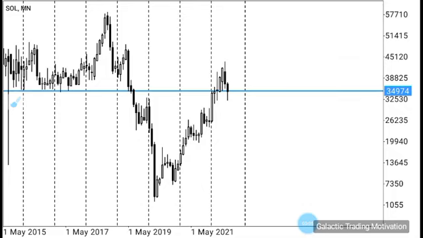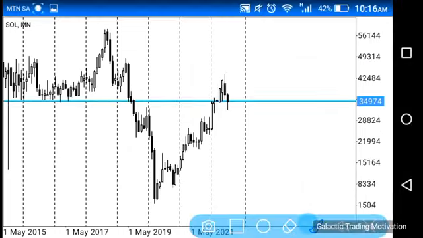Yeah, so today we're going to be having a look at the Sasol chart. So let us get straight into the chart without wasting any further time. So you guys can see that I've got the monthly chart open of Sasol, and we can already see that